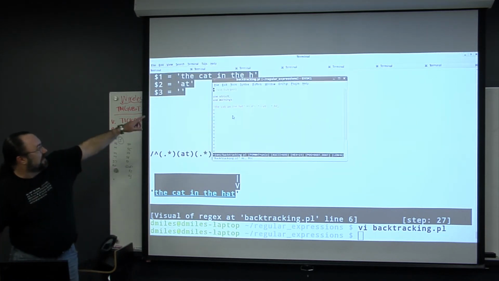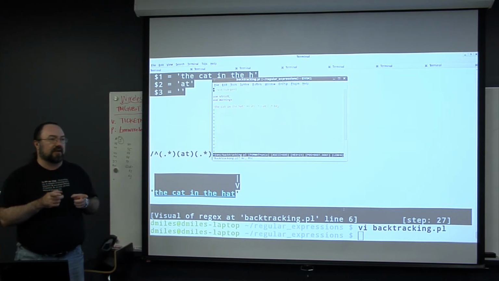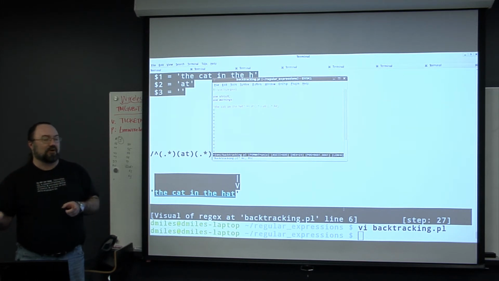Most of it is use strict, use warnings, and basically all it does is, ahead of this, there's a command line program that comes with the module called RX. So you just say RX program, and then it will just go through your regular expressions and step through them.